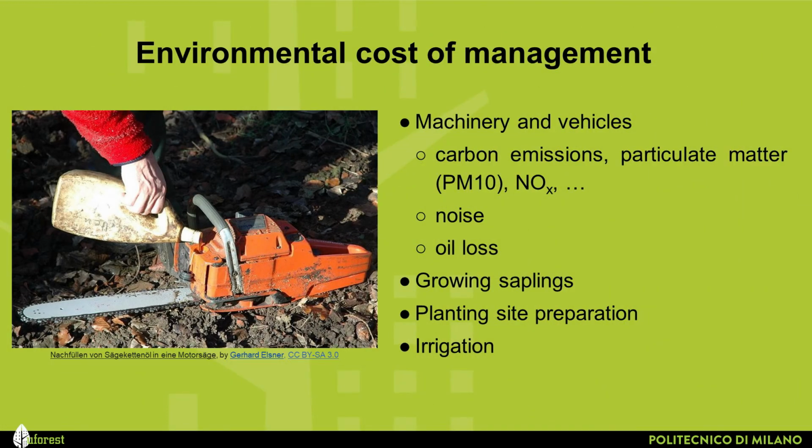Machinery used exhaust carbon, particulate matter, and other types of air pollution. The machinery creates noise, which is a nuisance to people living or working close to the green space. Furthermore, the production of saplings in the nursery and the initial planting generates carbon emissions through transport or the use of machinery. On average, a tree needs to grow up to 30 years before it has sequestered the carbon that was exhausted to grow, plant, and establish the young tree.